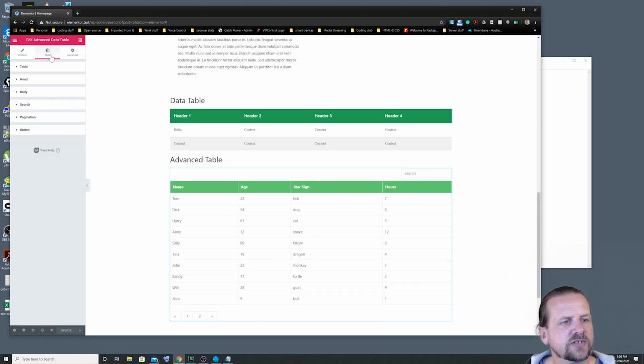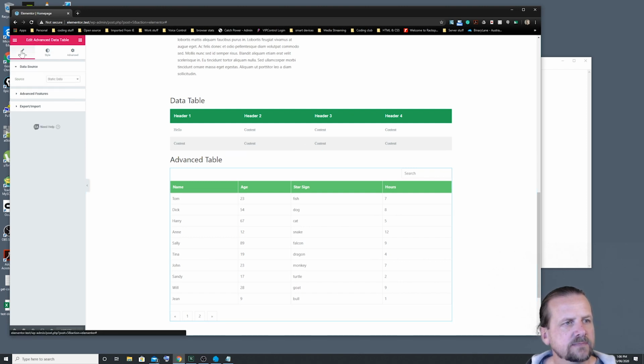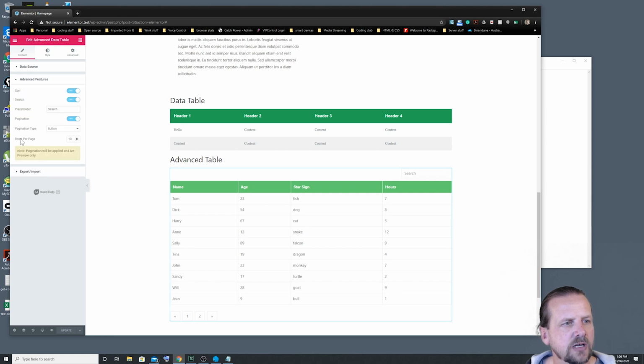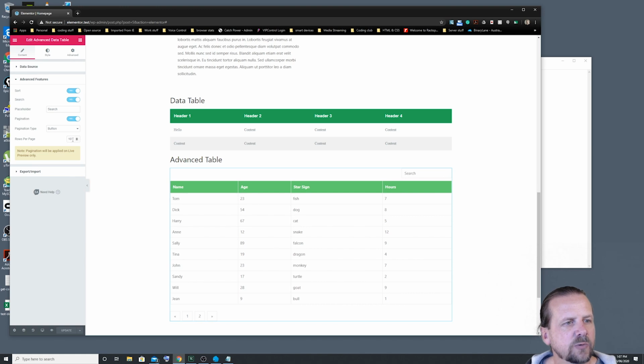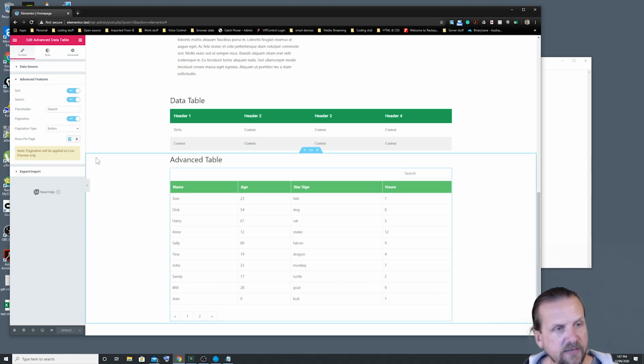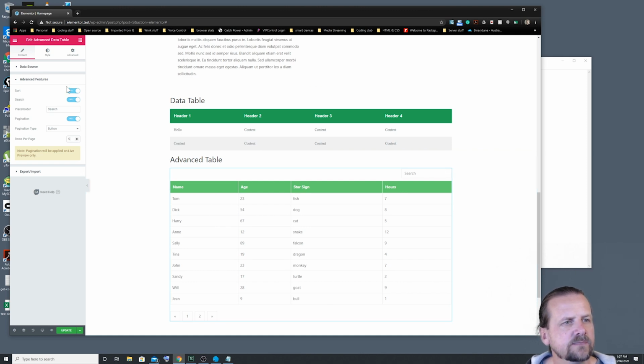So if we just close this and go back into the editor, and we come back to content and click under advanced features, rows per page is currently set to 10. And we've only got, I think, 10 records. So if we set that to 5, you won't see the changes here. But once we update that and do a live preview,